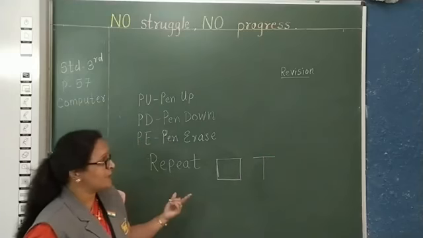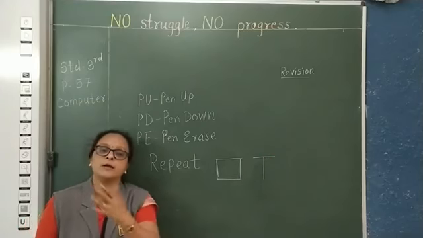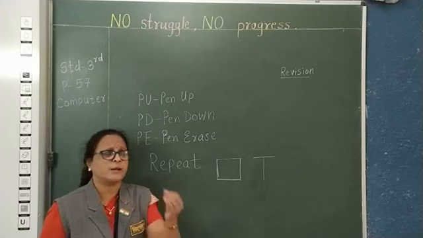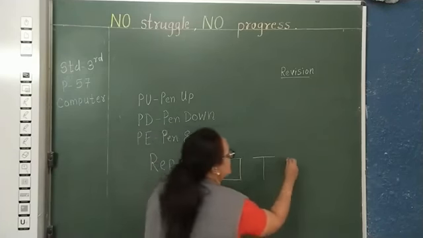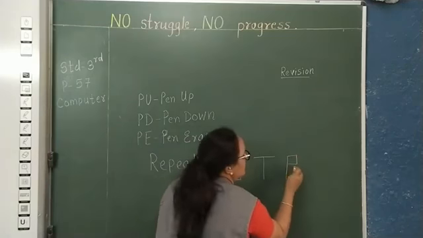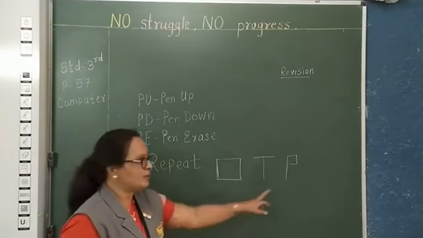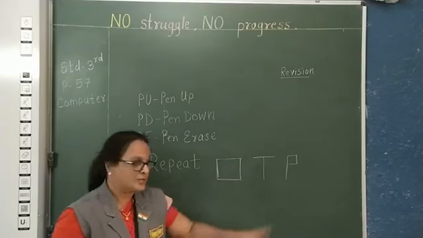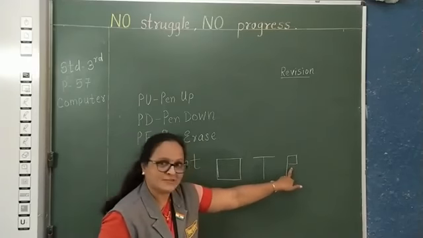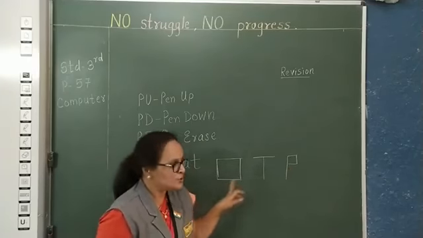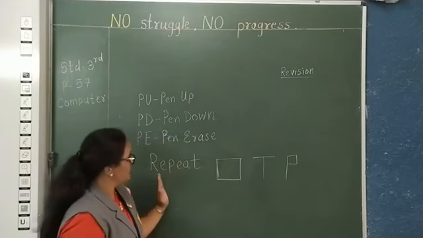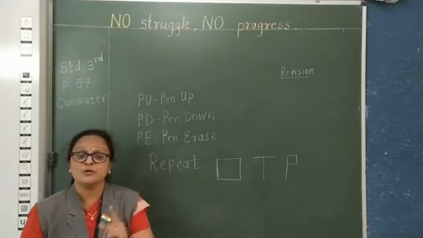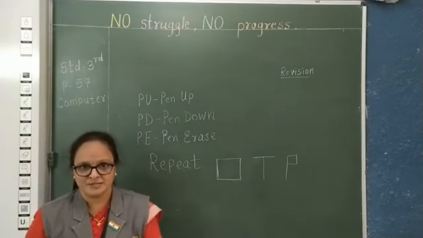Now the next part is you can use the repeat command anywhere, wherever it is needed. Now for this example, in this figure you are not able to use the repeat command to draw it, but here in this figure you can use the repeat command. Why? See, these three sides, or you can say lines, are the same, so you can use the repeat command, isn't it? So this command avoids your writing work, isn't it?